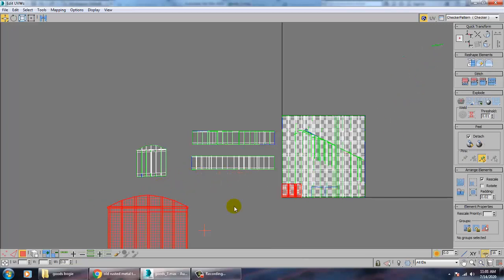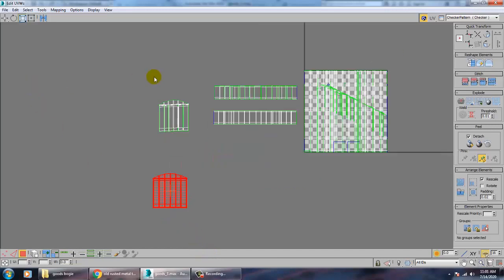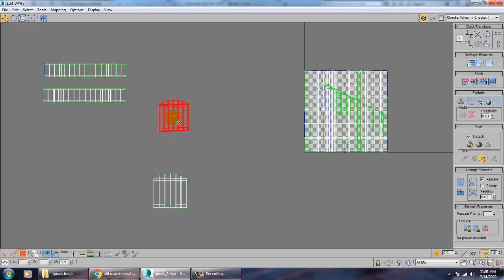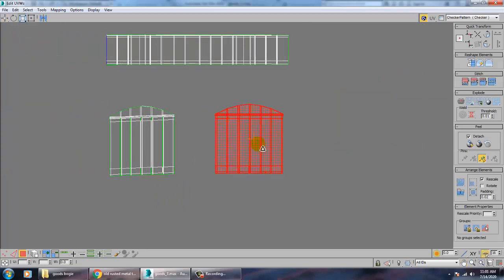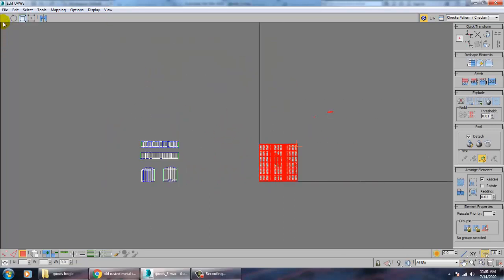Now select this, scale it. So this is your back side, this is your front side. So we'll be just selecting this, take this, keep this, so select this all, so just push this out.